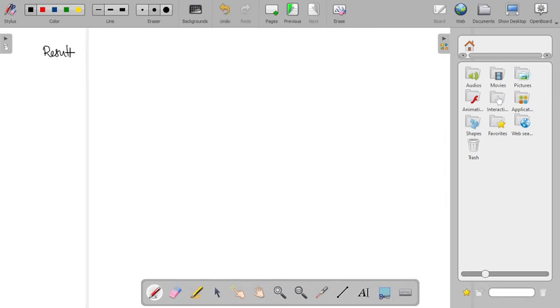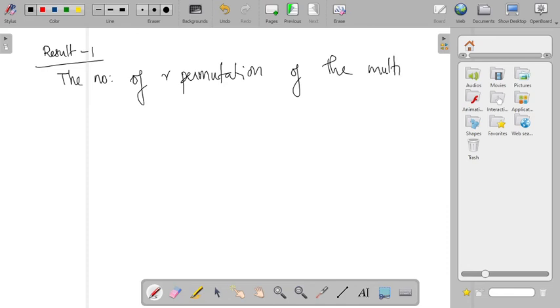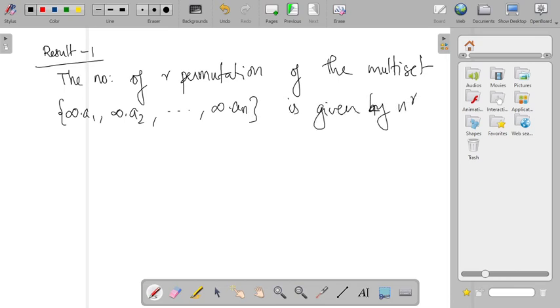So let us write those results. So result 1 is, the number of r-permutations of the multi-set infinity dot a1, infinity dot a2, so on infinity dot an is given by n raised to r, and the second result is, so let M be the multi-set r1 dot a1, r2 dot a2,